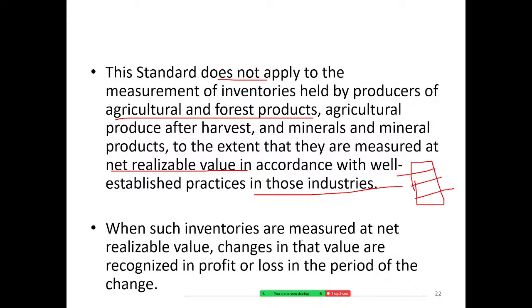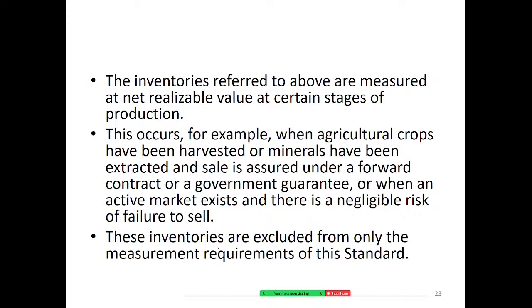So when such inventories are measured at NRV, changes in that value are recognized in profit or loss in the period of the change. The same thing applies here repeatedly. The inventories referred to above are measured at NRV at certain stages of production. This occurs, for example, when agricultural crops have been harvested or minerals have been extracted and sale is assured under a forward contract or government guarantee, or when an active market exists and there is a negligible risk of failure to sell. Here, to value the inventories at NRV, the entity should have a reliable source of selling